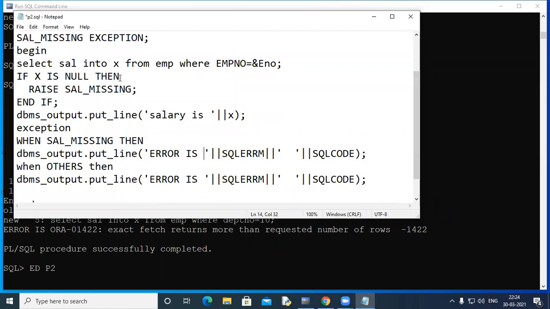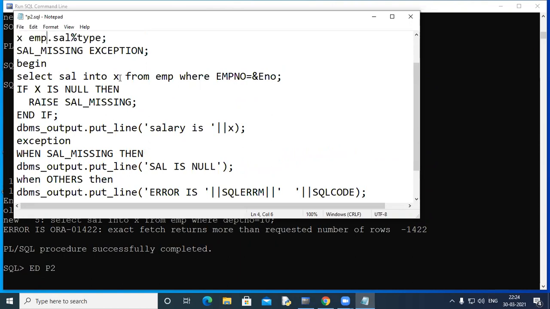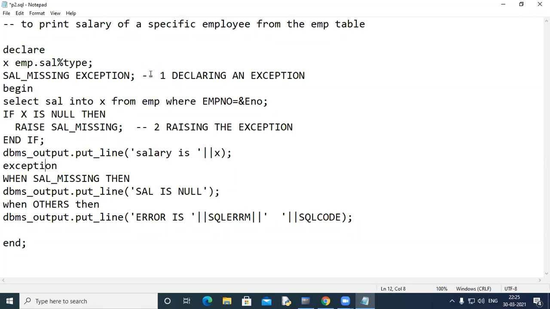And in this, you write here WHEN sal_missing, then obviously you can give a message here. You can write here salary is null. See the sequence now. I'll just number all the things for you. I'll just maximize the screen so that you can understand clearly. So this is declaring an exception, the first one, then raising the exception, and then obviously number 3, handling the exception.